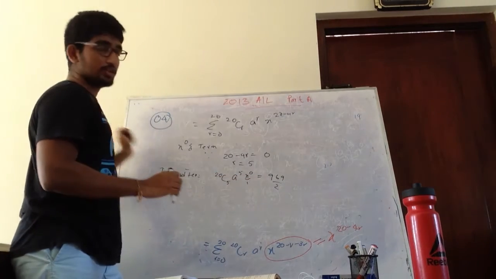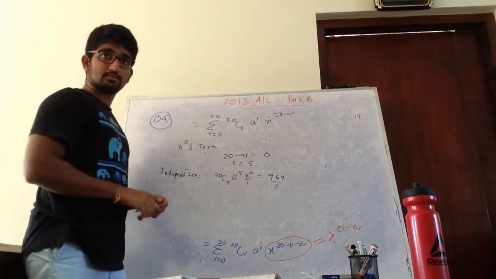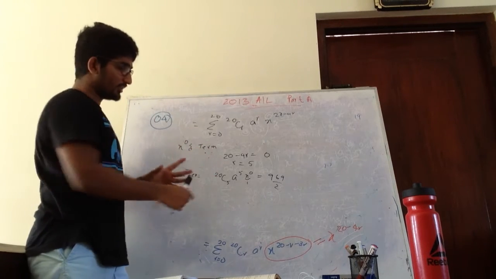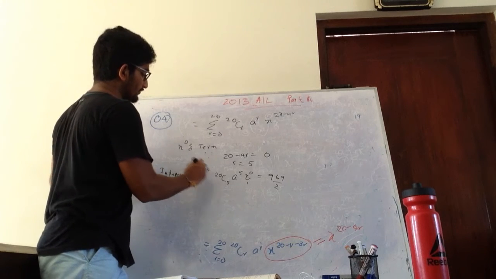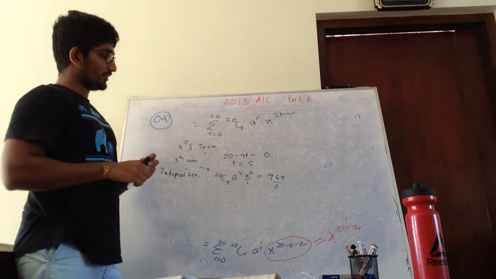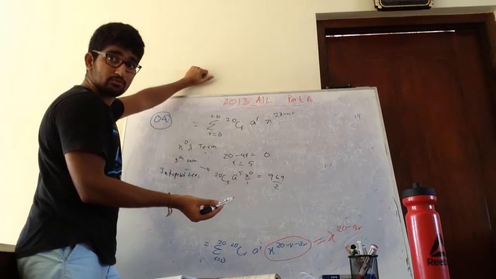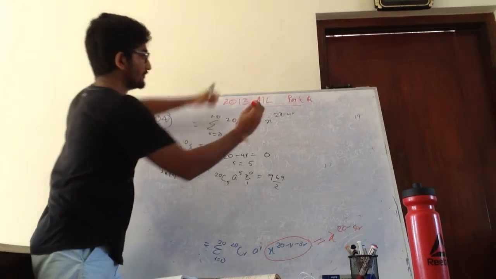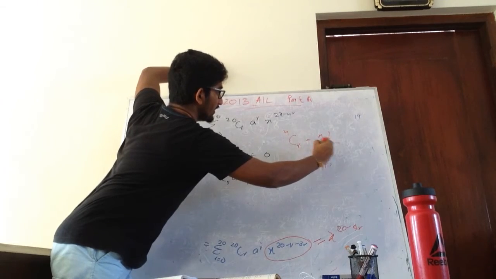So do we get this or do we get the sum of this? You get this part, but sum is different. We need the fifth term. Right now? So this is basically the fifth term. So now we know that we need to find A, no? Right? So what is this CR equation? NCR is what? N minus R.